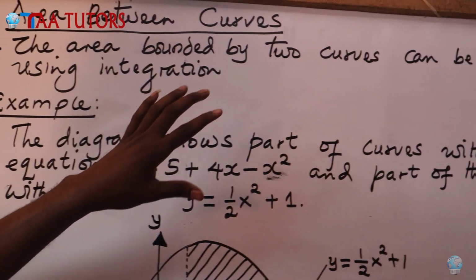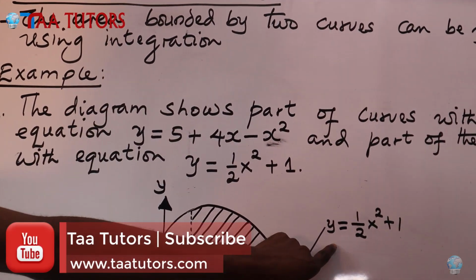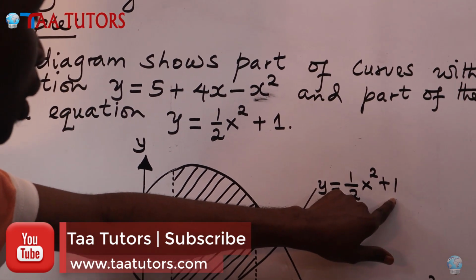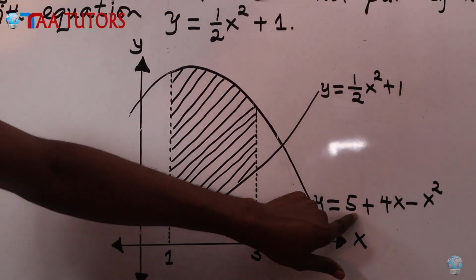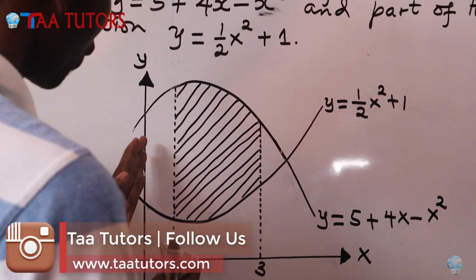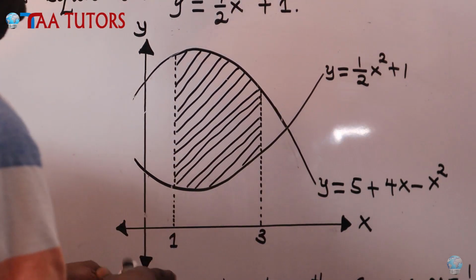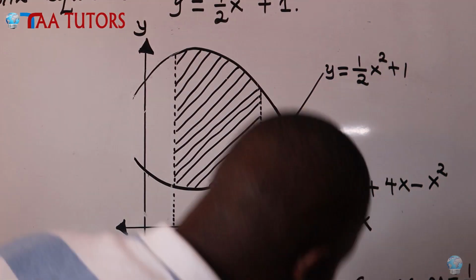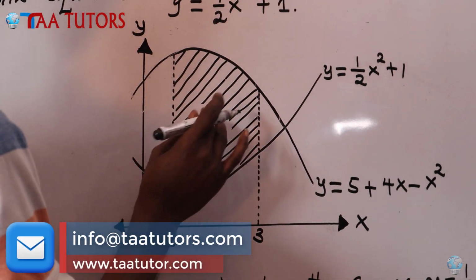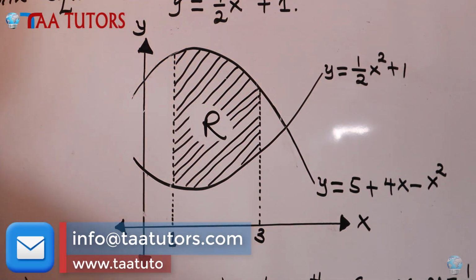So in this example, we are supposed to deal with the curve half x squared plus 1, and there's another curve here, 5 plus 4x minus x squared. Then we have the two lines, x equals 1 and x equals 3. Let me call this area region R. So if I have region R,